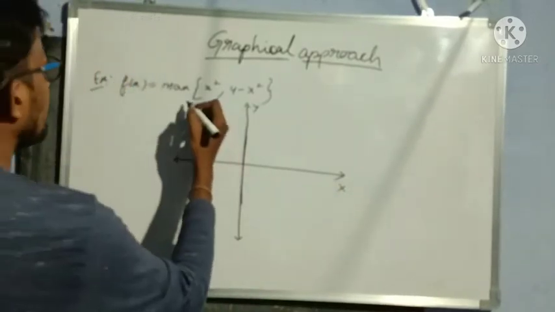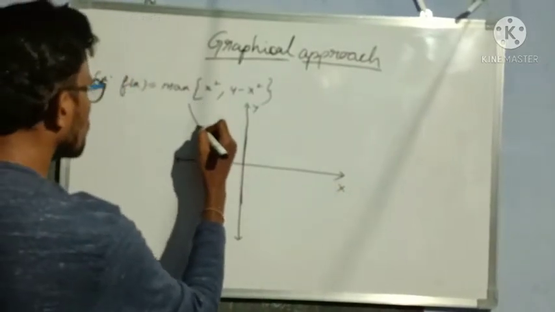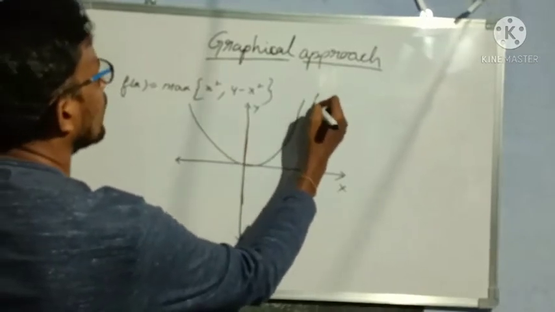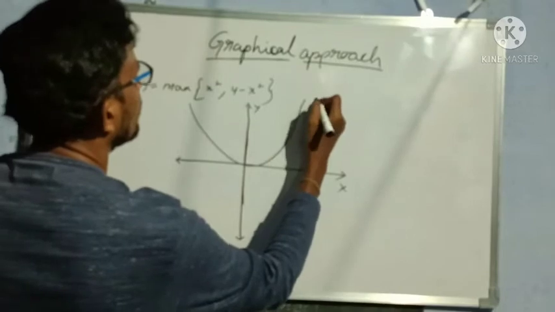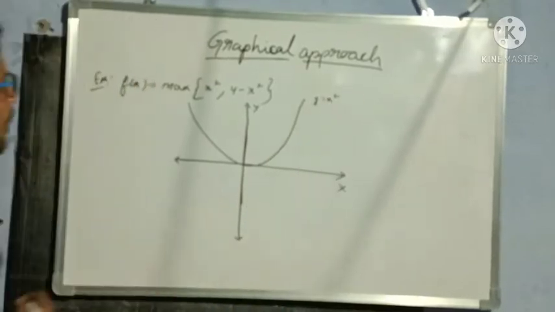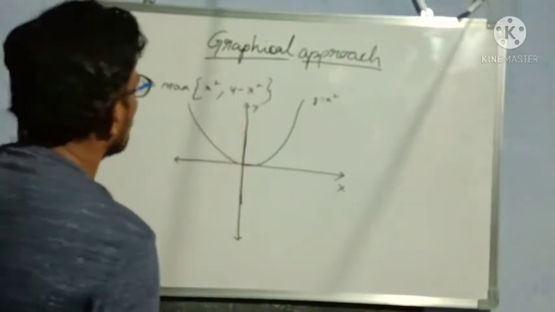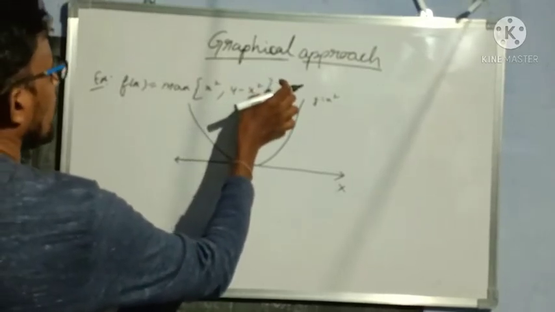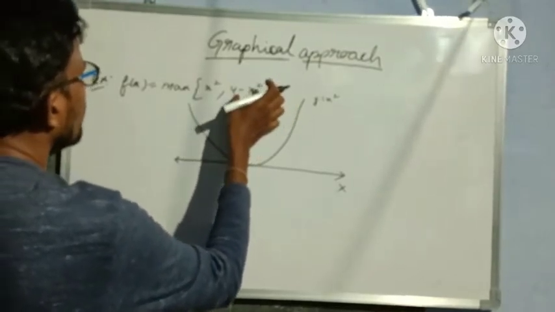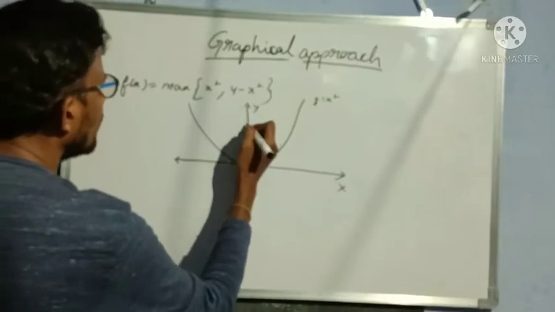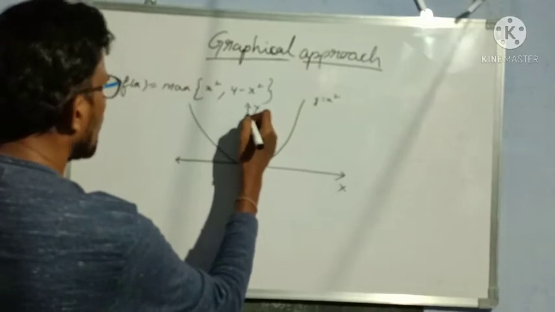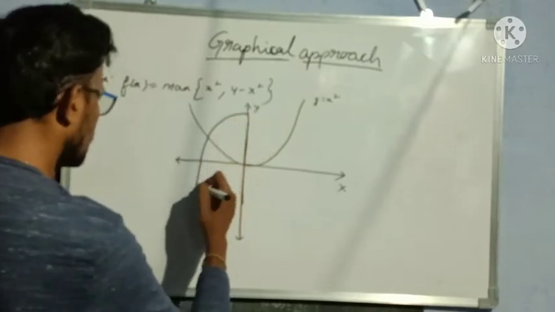So y is equal to x square. We know that y is equal to x square is a parabola like this. This is the graph of y is equal to x square. Now we want 4 minus x square. Suppose I substitute the x value 0, then if x is equal to 0, y becomes 4. So the y value is 4, which means on the y-axis from 4 onwards we will get a parabola like this, in reverse.